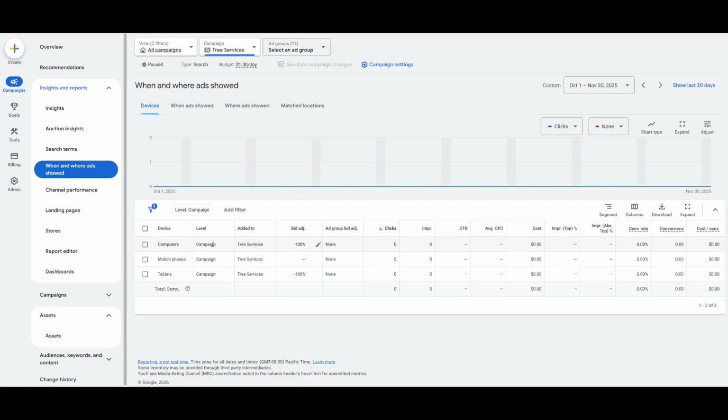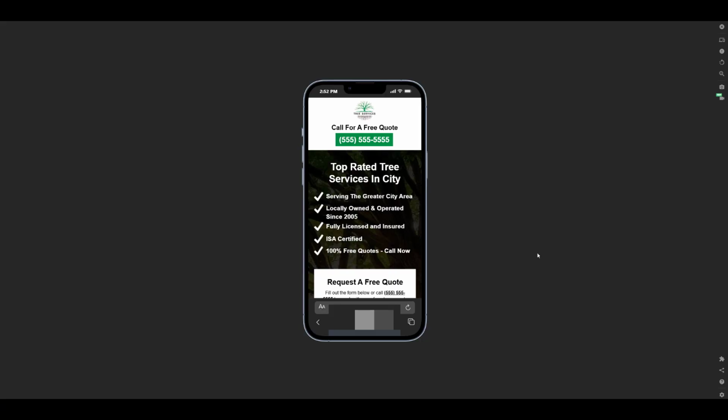So this is the last thing you're going to have to do on the Google Ads side to make a newer version of a call only campaign. You want to have your responsive search ads, you want to have the call asset in the ad, and on top of that, you want to make sure that only mobile phone traffic is going to your campaign. And the final thing we have to do, because you are doing responsive search ads now, is this: when somebody clicks on that ad, they have to go to a page.